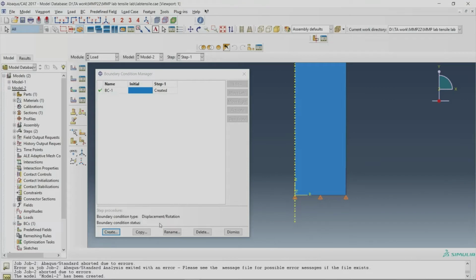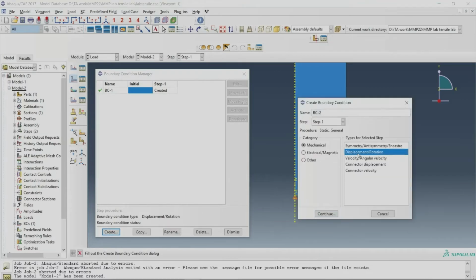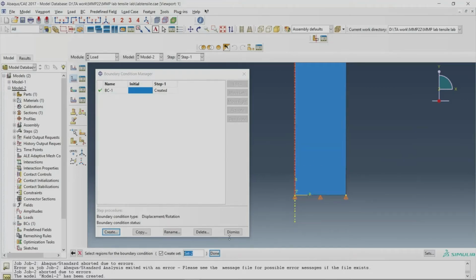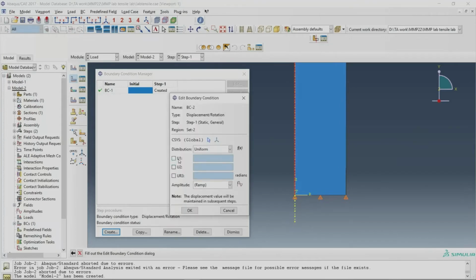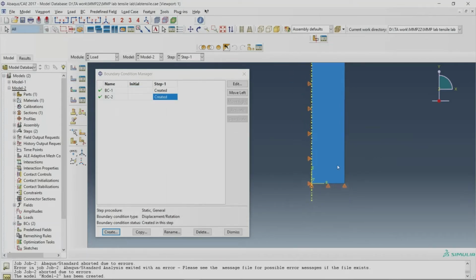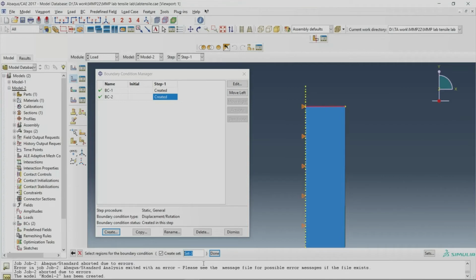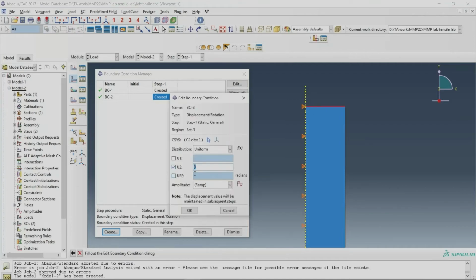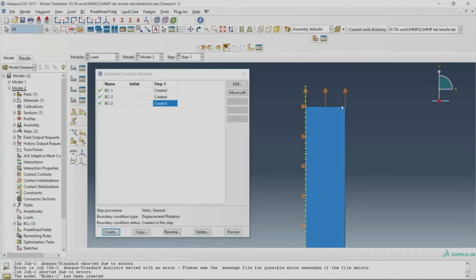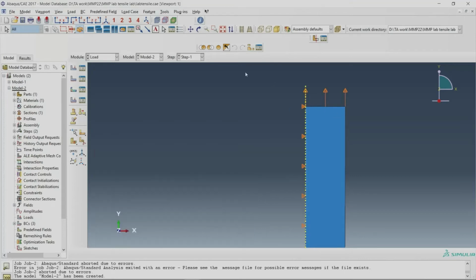Then create another boundary condition, displacement. Click here, and u1 is constrained. Now create one more boundary condition, u2, and this one will be 5 mm in the upward direction. So it has given you the displacement of 5 mm. So the boundary condition has been set.